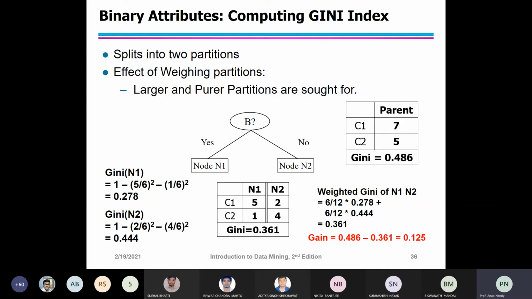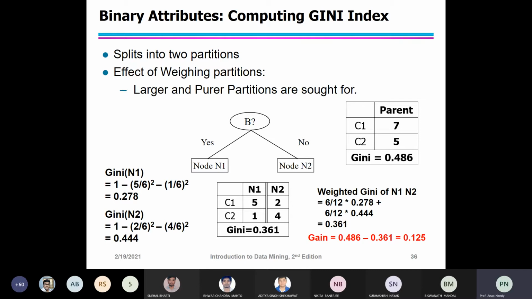For binary attributes, consider splitting into two partitions. Suppose there are two ways to split the data set. Before splitting, the Gini index is 0.5.